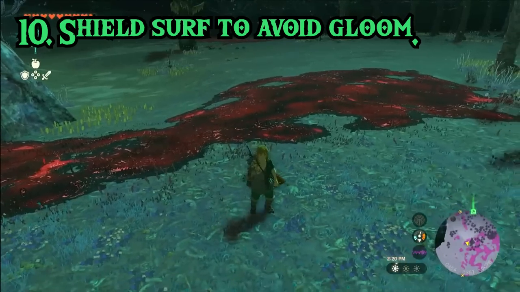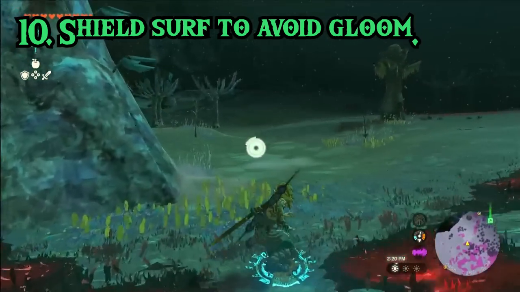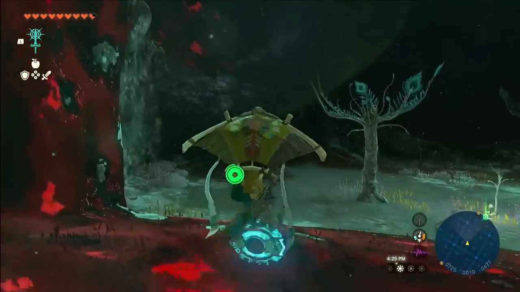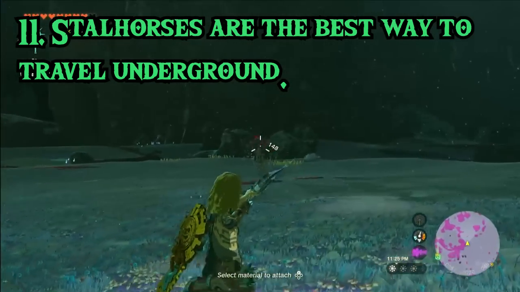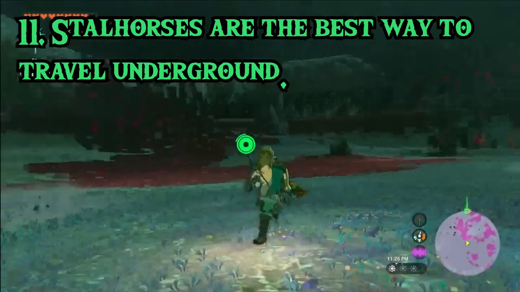A lot of times gloom might be blocking your path, but you actually can shield surf over it as long as you don't get off on top of it. You can even shield surf over large areas of it by spamming the X button to repeatedly jump and pull out your paraglider. When traversing the underground, you can definitely make vehicles to get around, but an even better option